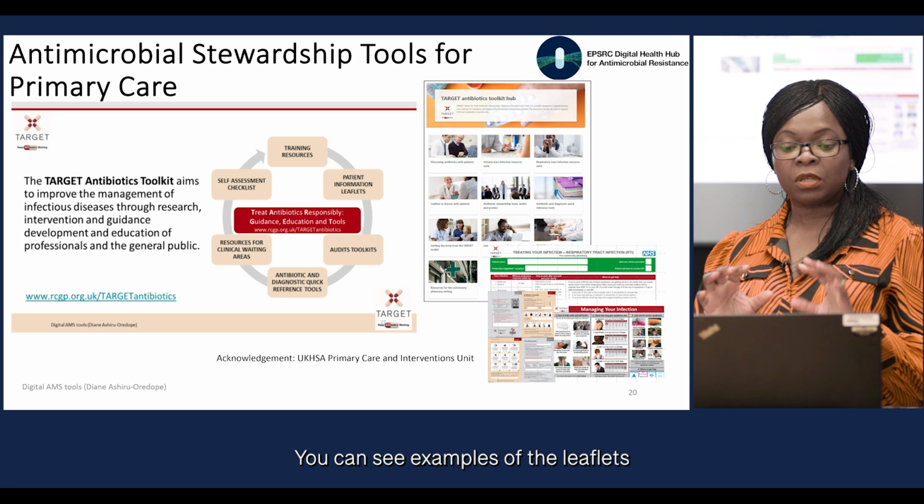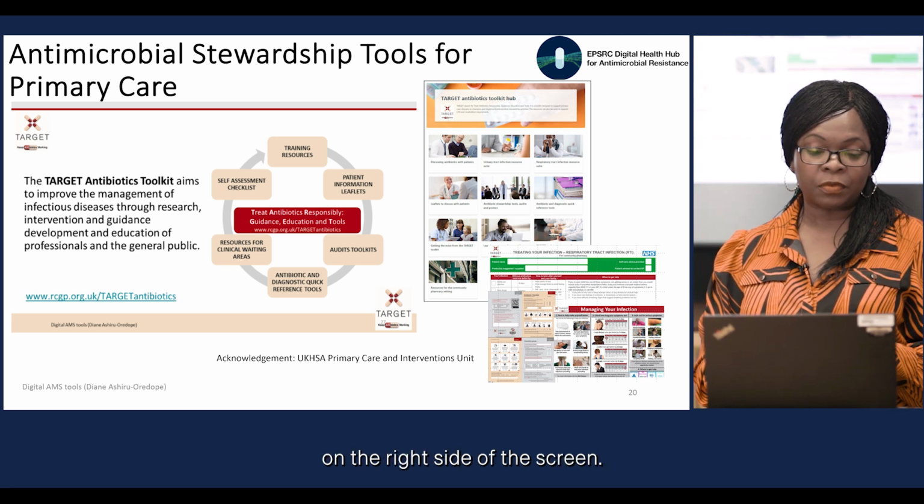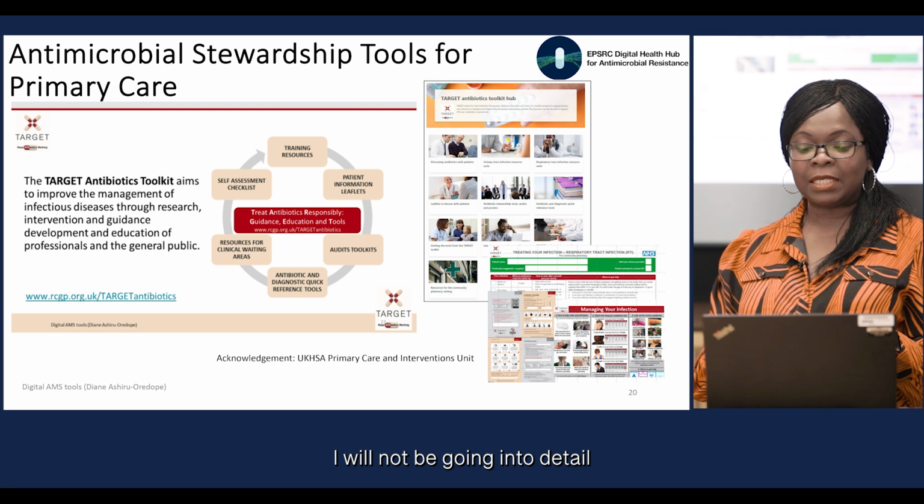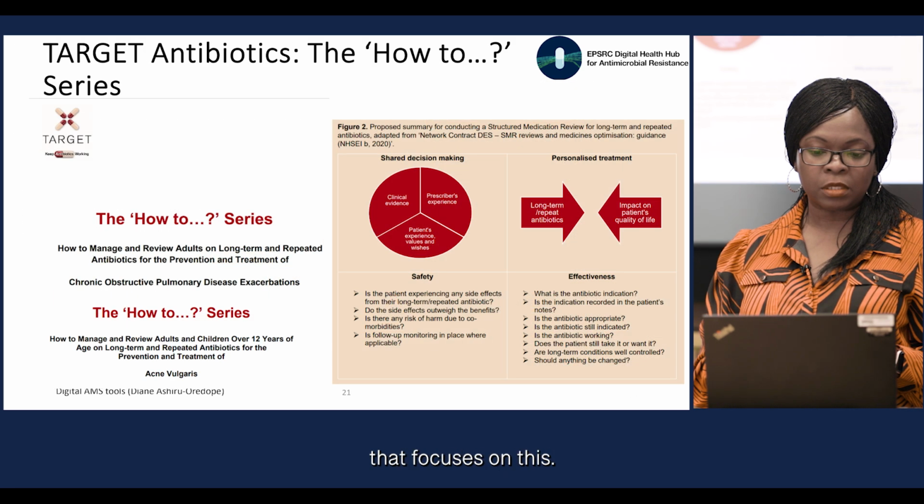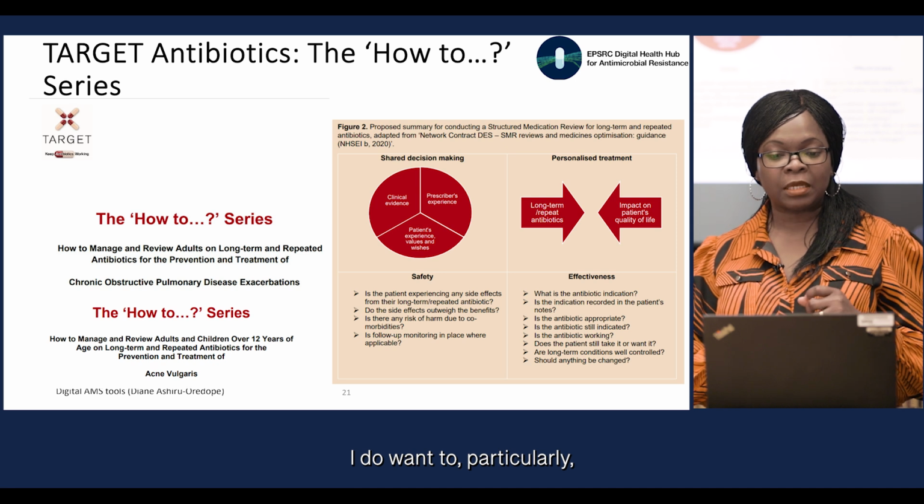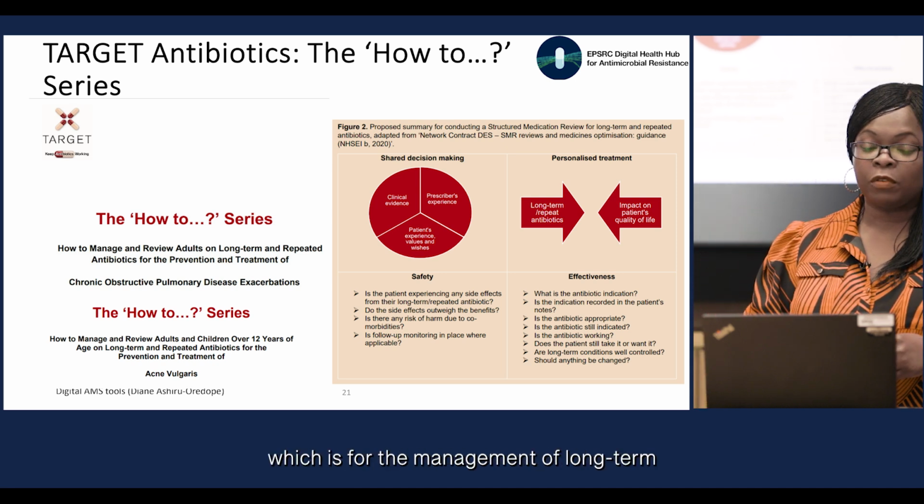You can see examples of the leaflets there, as well as the web page on the right side of the screen. I will not be going into detail about the patient information leaflets because there is another lecture that focuses on this. I do want to talk about the how-to series though, which is for the management of long-term and